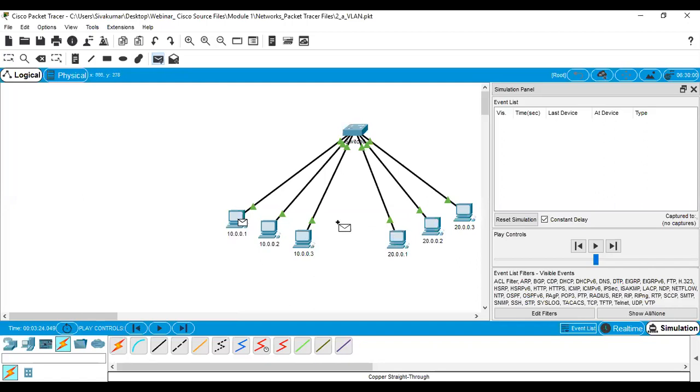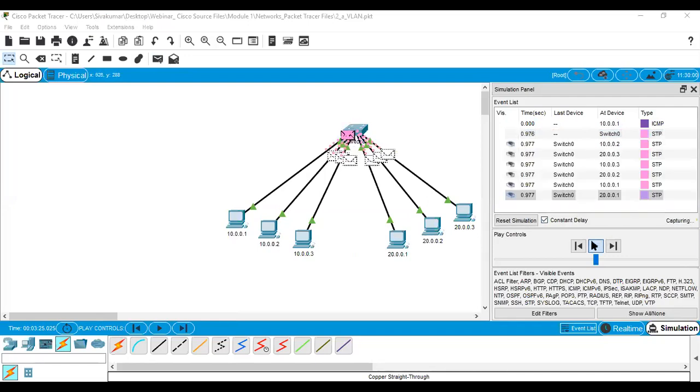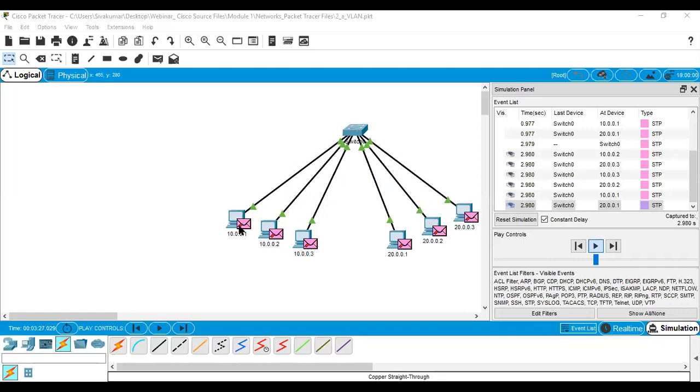You check, your packet will not send. Initially the switch sends the data packets to all the connected PCs, but with our command, sending 10.0.0.1 to 20.0.0.1 is not possible.